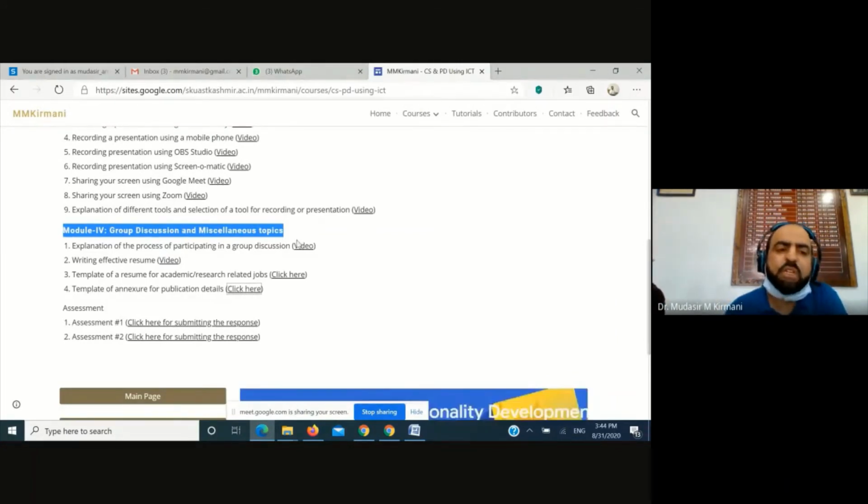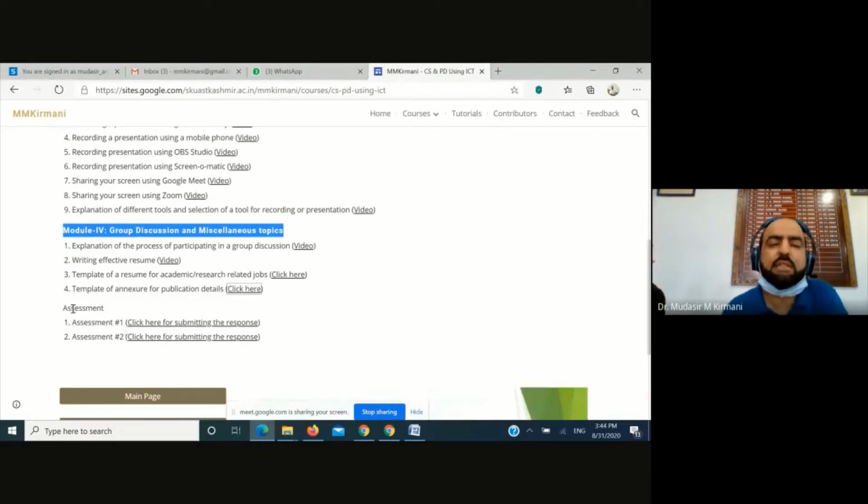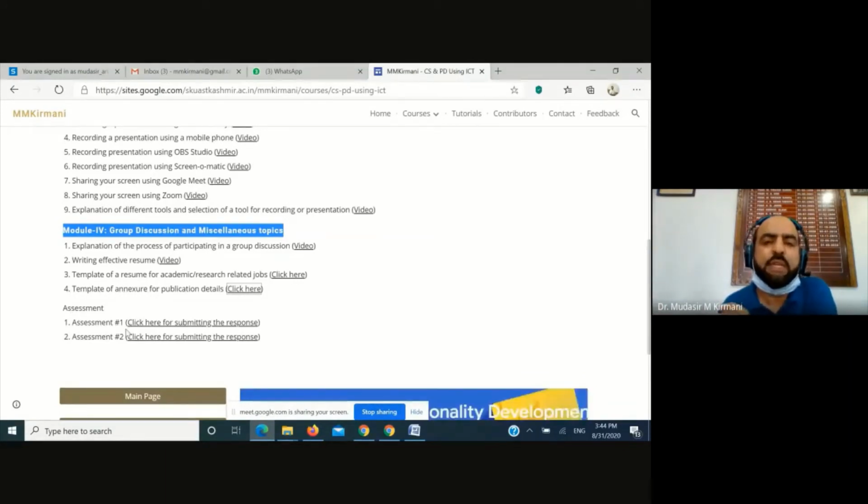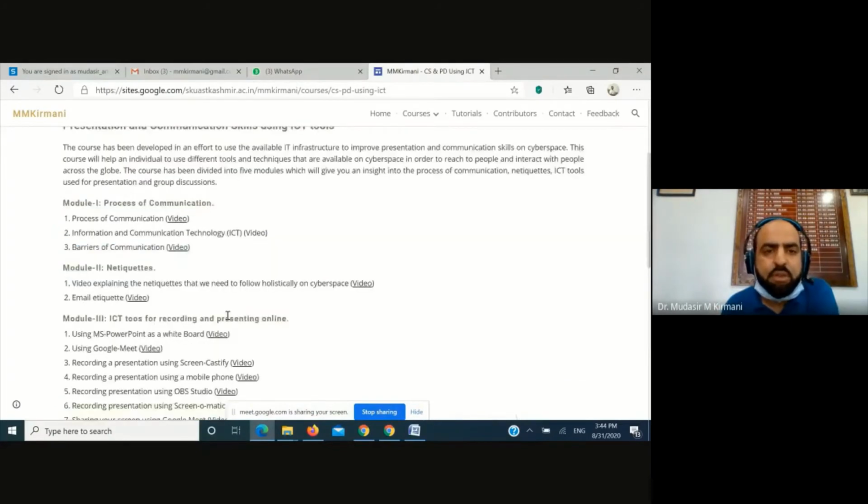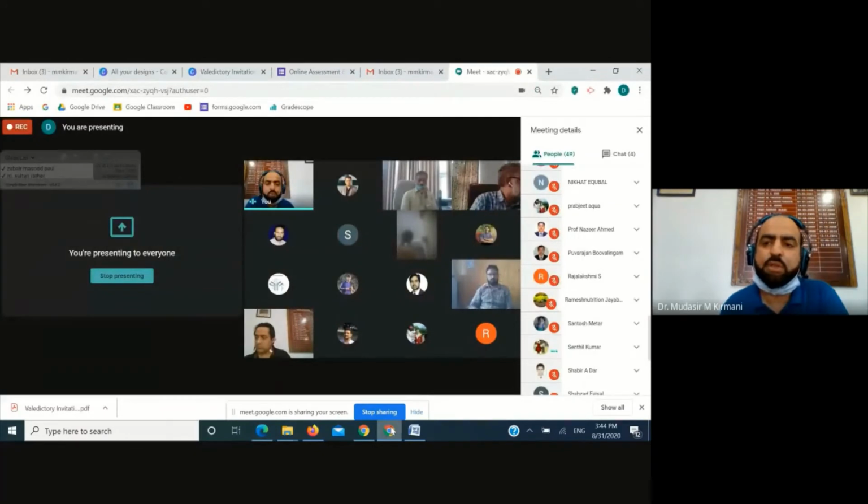And then one more attribute which has been added over here is assessment. Let's suppose your first question paper, you can again put that online by just writing the description and creating a link for that. It can be done using this particular facility, which is available in Google Suite for Education.